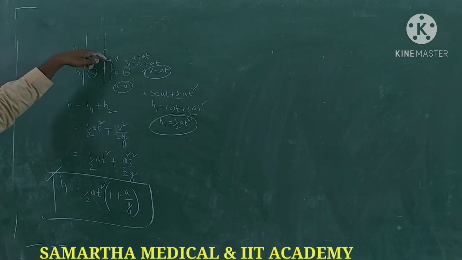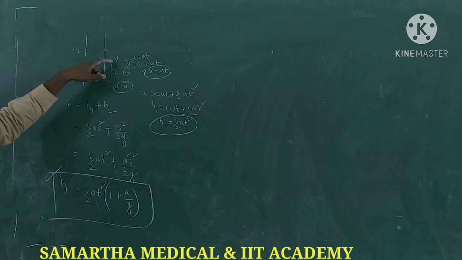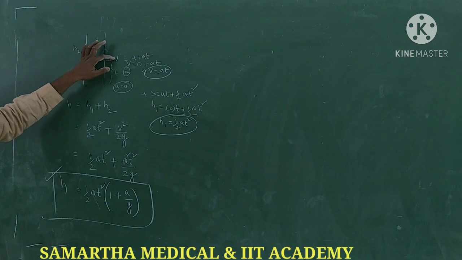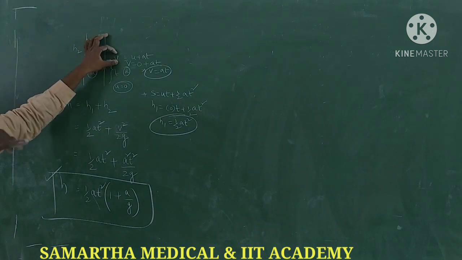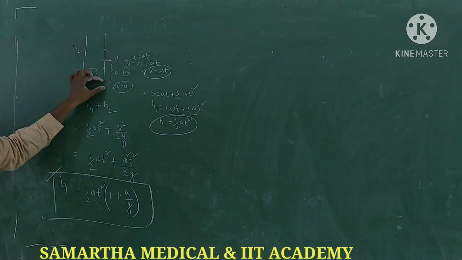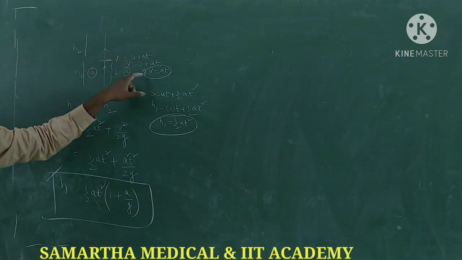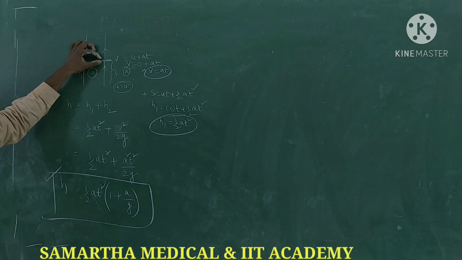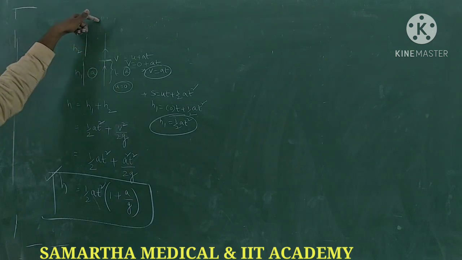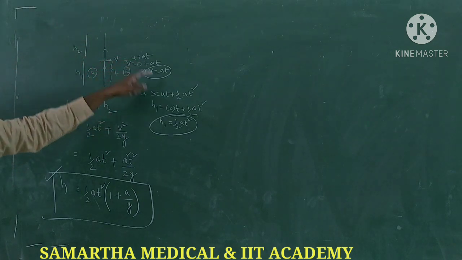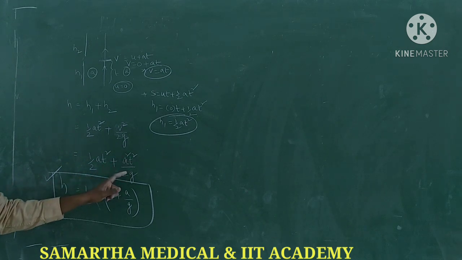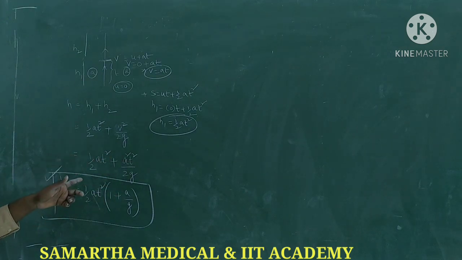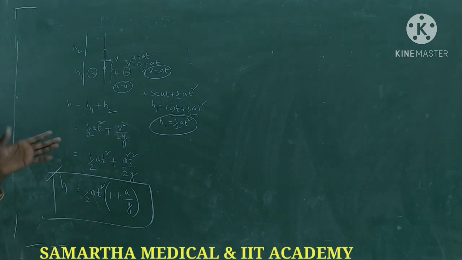Now v is equal to u plus at. I need to calculate the value of v. Since u is 0, v is equal to at. That is the initial velocity here, as it is thrown in upward direction. So v square by 2g means a square t square by 2g. Half a t square you can make common, so 1 plus a by g. That is the distance covered by the rocket in upward direction. Clear or not? Yes. Next, go to another one.